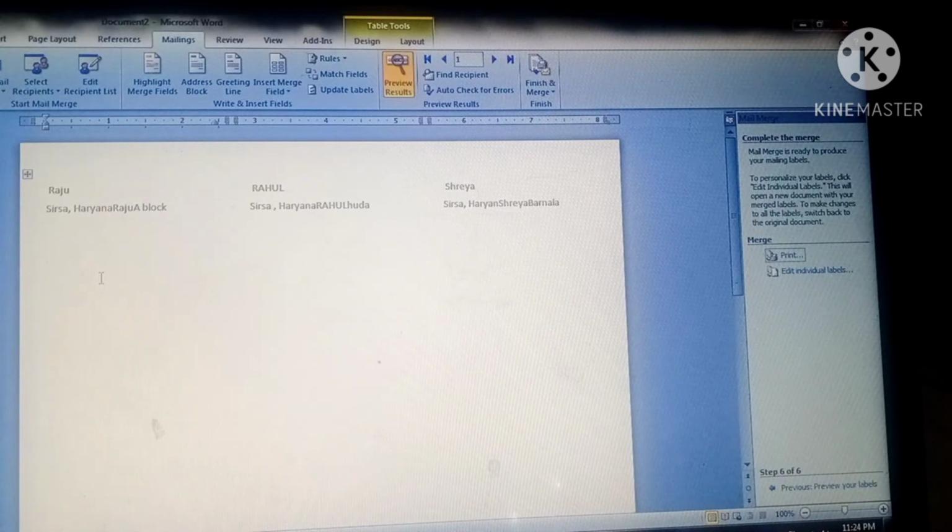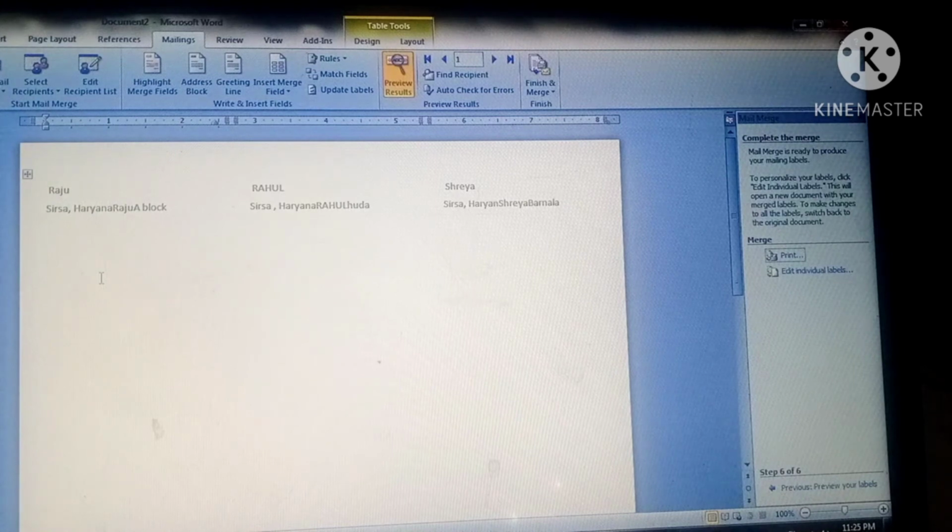After setting these fields, you will have to merge your document with your data source. That we did in my yesterday's video, and today I have told you how you can create labels for the envelopes. The labels are used as addresses that you will paste on the envelope to send your letter to your friends.